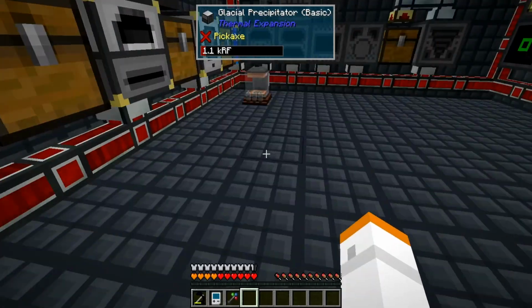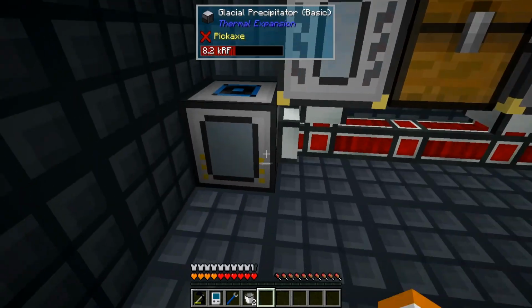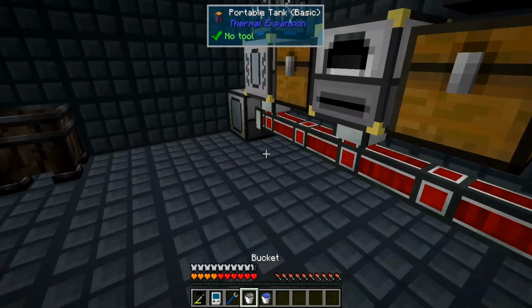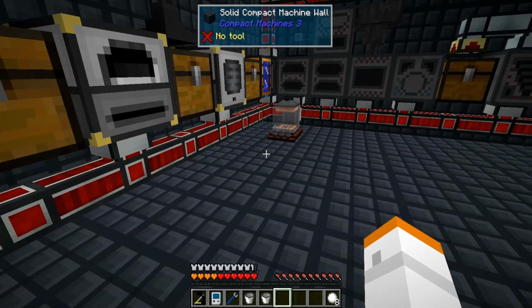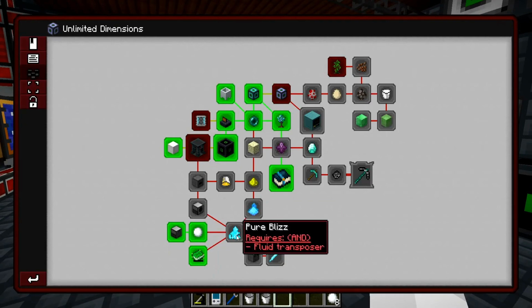Get down there, get some power in you. Let's get a bucket or two. You are set to snowballs? Good. Water. Make snowballs. All right. Snowballs. Thank you. Cool. Snowballs. We go into...